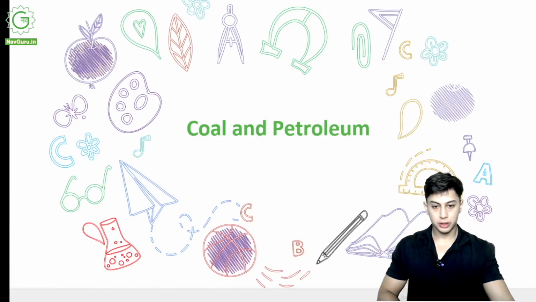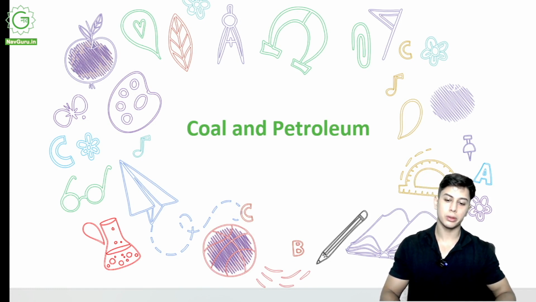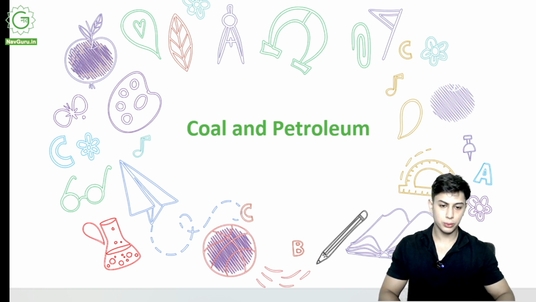Okay, hi everyone. Today we will be starting with the chapter coal and petroleum. It is a very interesting chapter. We see coal and petroleum being used all around us. We all know what it is, but we will go into a deeper sense and find what all can be obtained from coal and petroleum other than the fuel, and what all those products are used for.